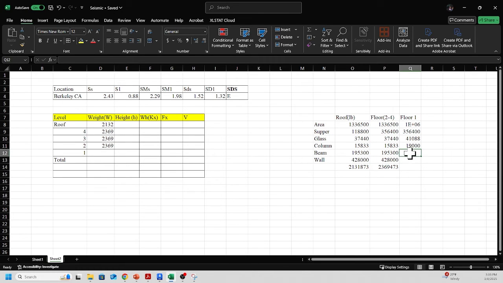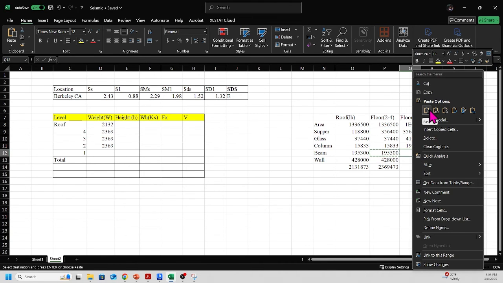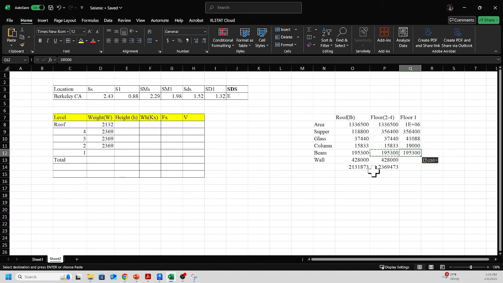Actually, there's no beam on the first floor, is there? Well, if there's a basement underneath it, let's just make it the same. It's on a footing anyway, unless it's a slab-on-grade, then you have to do a different calculation. And wall is going to be the same thing. It's come out to